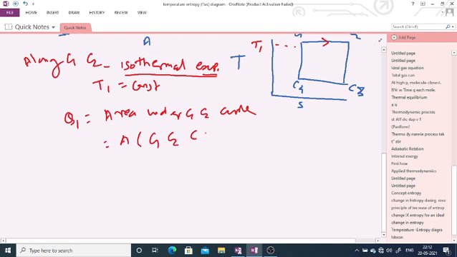You have to label here also, suppose A and B. So we have A, B, C1, C2, B, E. This area is equal to base into height: C1 C2 is the length, that is the base, into height, which is C1 into E.